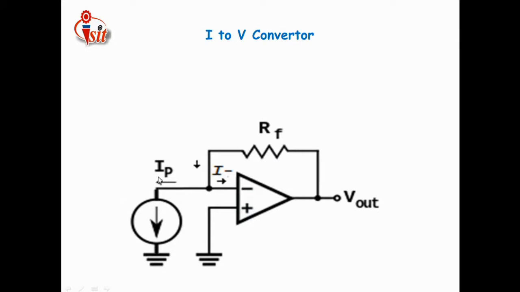Then IP is the current flowing into the input terminal. Just see the arrow and the current in the picture. It shows that the current is applied to the negative terminal of the op-amp, and the output produced here is nothing but a voltage. That means by using this circuit our target is completed: the current to voltage conversion is done. Then how does that conversion take place?